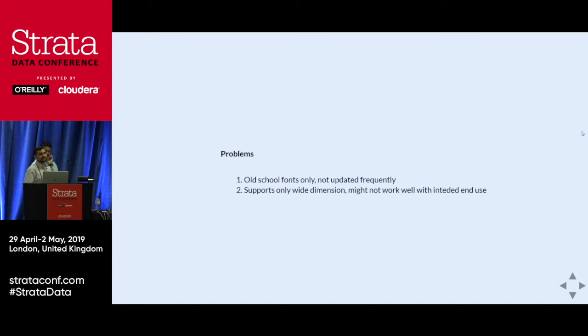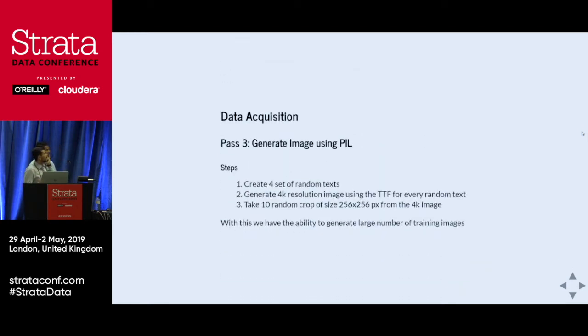And then we were Googling, and we figured out that there was a forum, a blog post, which said that with the Python Pillow library, you can generate images locally on your computer. You give it some text and a font file, a TTF file, and you can generate an image of the desired dimension. This was something very nice, and we looked into it, and it was promising. With this, we really cracked the data acquisition process.